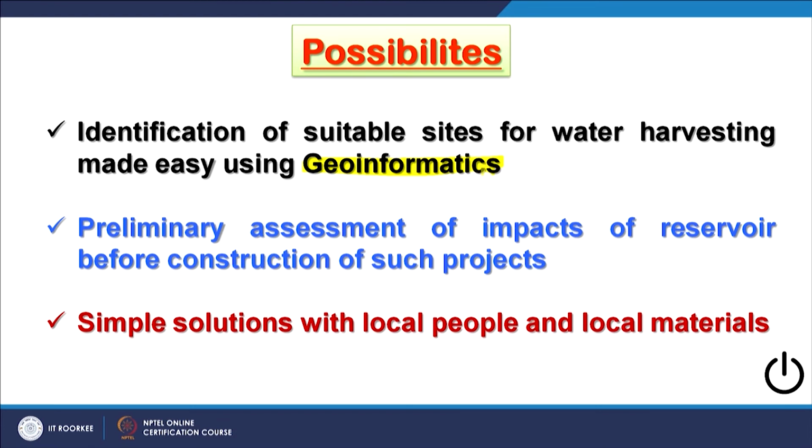So, this brings to the end of this discussion on how remote sensing and GIS, or overall geoinformatics, can play a major role in solving the groundwater problem, or the problem of water for domestic consumption, in 2-3 years' time, even in hard rock terrain like Bundelkhand or in many parts of the country.